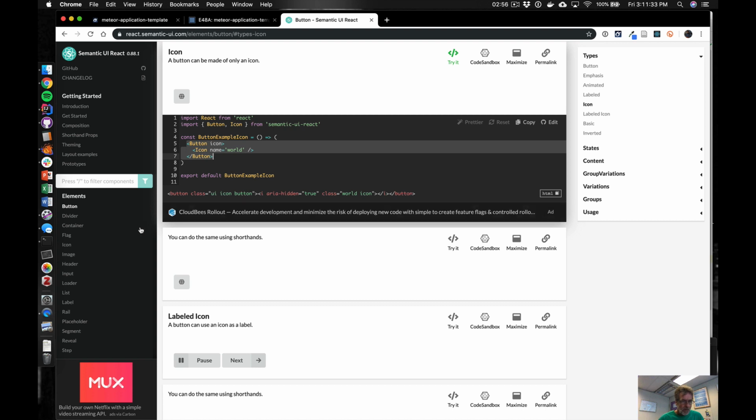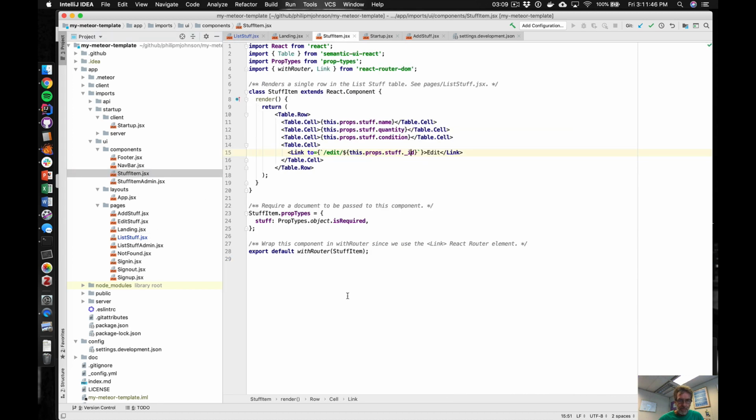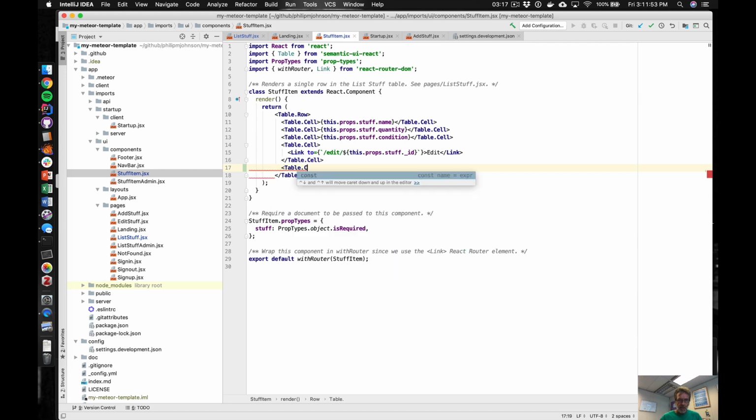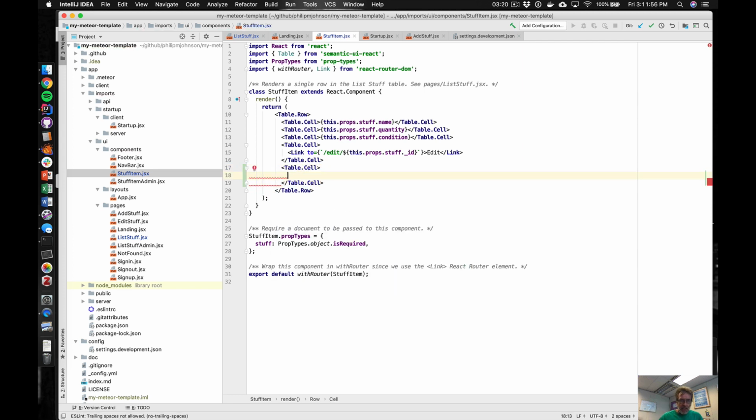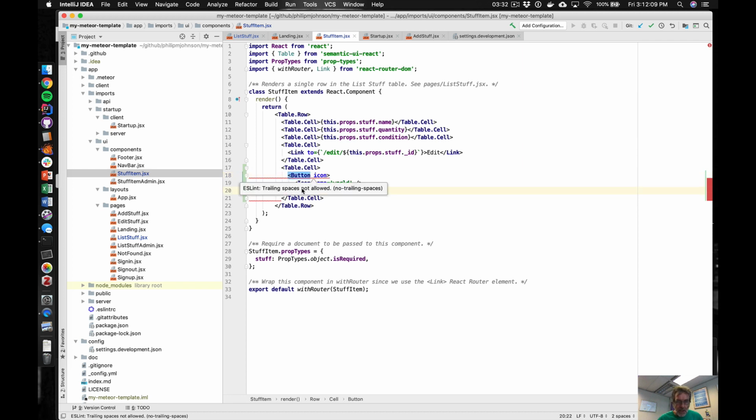And what we can do, well, let's first go back here, and we're going to see, okay, so each row is rendered by calling this stuff item. And so we've got a table cell. So these are each of the cells. So we want to create a new table.cell. And then inside there, we want an icon. So if we go back here, we could just do this, propeller C,